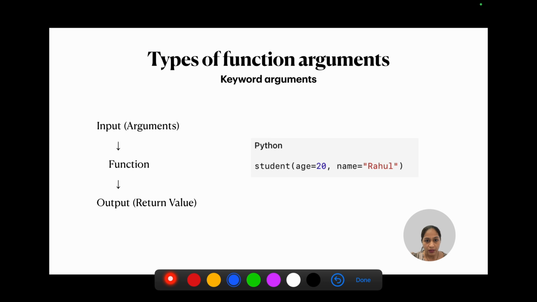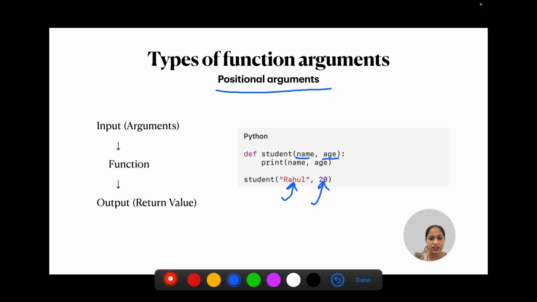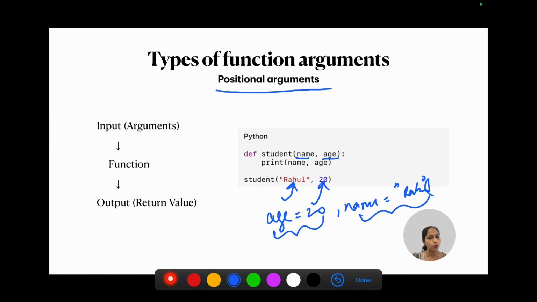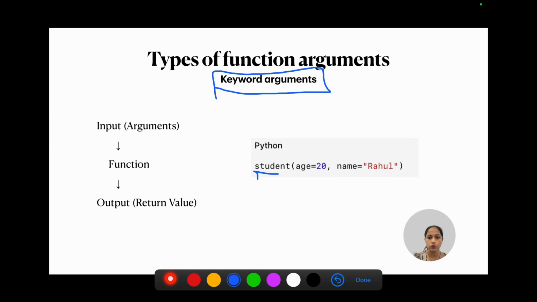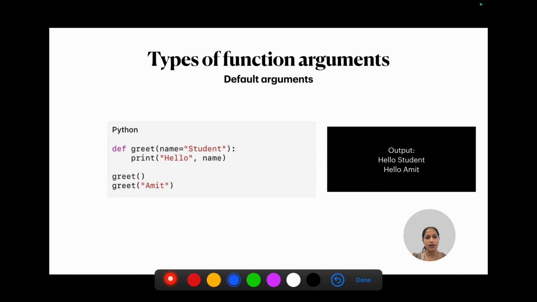Instead, you can also use keyword arguments, where in this same function with name and age, you could have written age is equal to 20 and name is equal to Rahul and then passed it here. That kind of argument is called a keyword argument, which maps whatever is given as input based upon the keyword. Then there is the default argument.